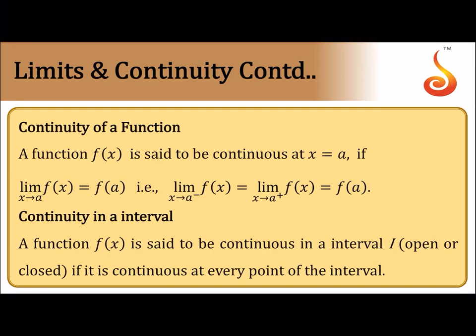So a function is said to be continuous if the left hand limit is equal to the right hand limit, equal to the value of the function. Now, as I told you, wherever x is not equal to 0 is given, you consider both left and right as the same. If they are given separately, this is the left hand limit, this is the right hand limit, this is the value of the function.